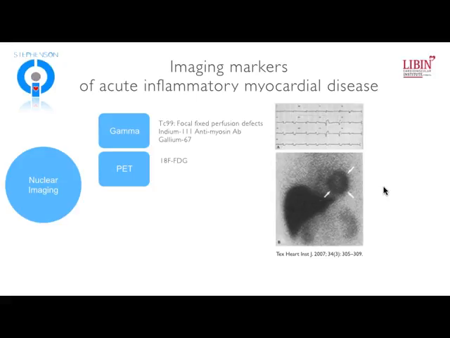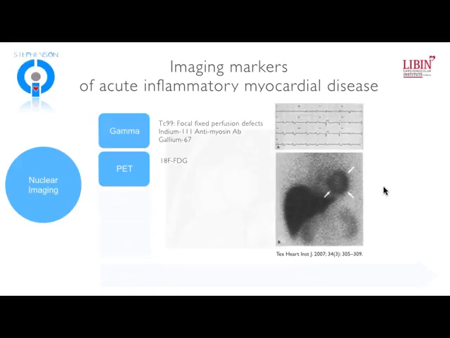So nuclear imaging is something that's been around for a very long time. And if you look at the initial gamma cameras that were planar, they actually had quite a bit of challenge in differentiating pericardial from myocardial inflammation and generally used higher radiation doses. But as SPECT cameras became available, both using technetium and gallium, there were some early studies that showed a potential